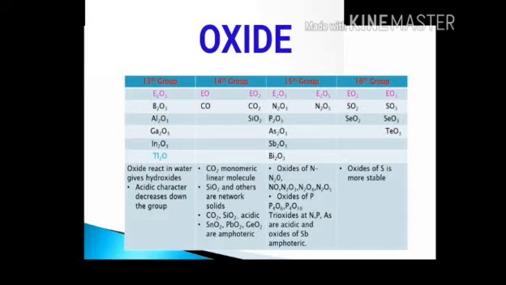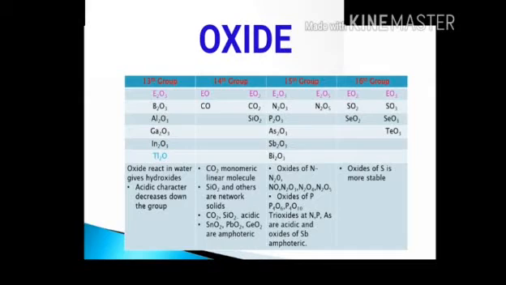Then the oxide of aluminium, Al2O3, is commonly known as alumina. It is amphoteric in nature. That is, it can react with both acid and base. Like alumina, gallium also forms the oxide Ga2O3. It is also amphoteric. And indium oxide In2O3 is basic. And the last element from this group, thallium.